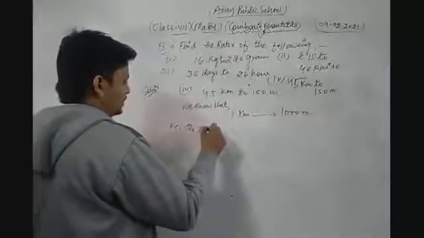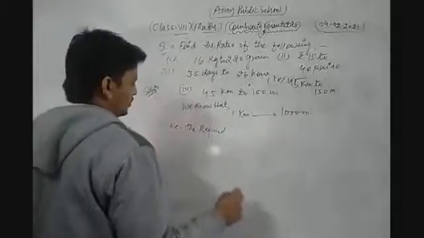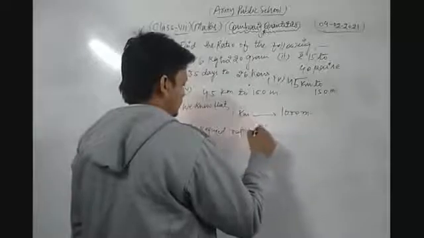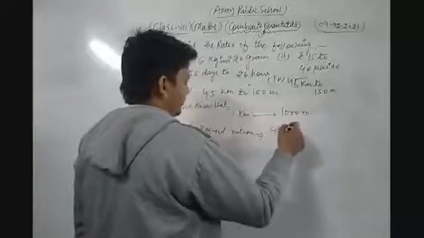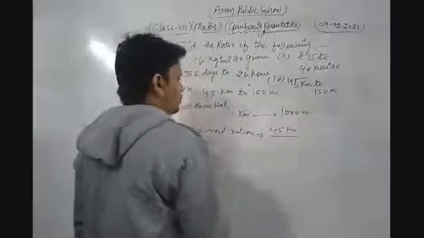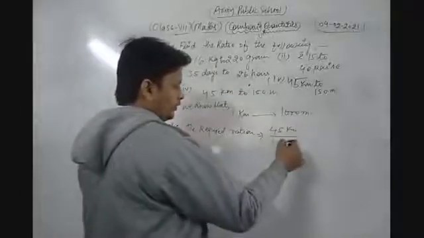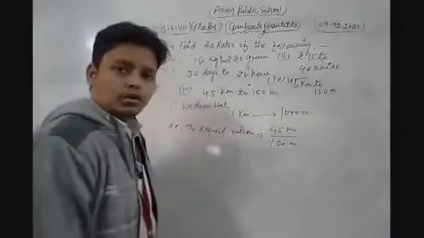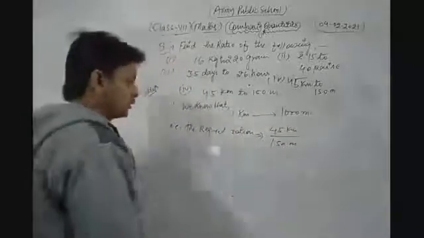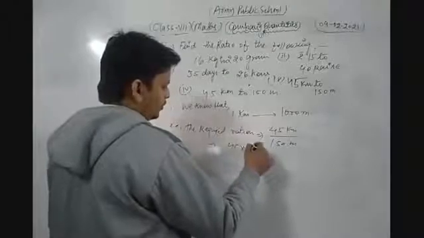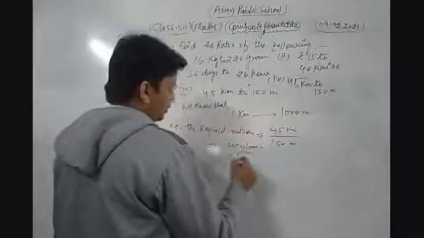The required ratio is 45 kilometer to 150 meter. Now, how many meters in 1 kilometer? 1000 meters. So we can write 45 into 1000 meter upon